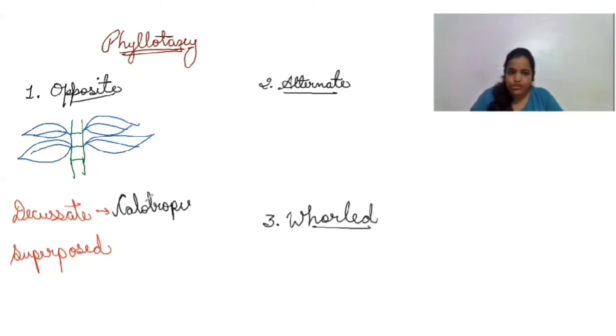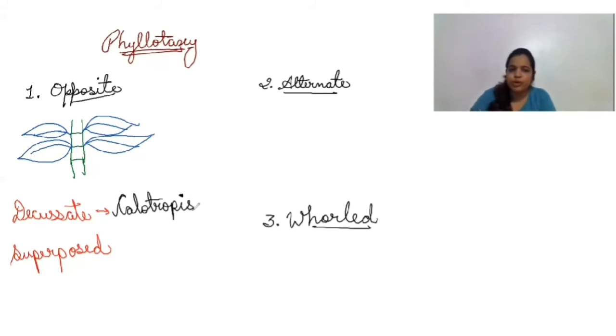What is Calotropis, guys? It is very common for us. We usually see it in our surroundings, growing in the wild. We can say it is a dangerous plant. Even cows don't feed upon it. It is a milkweed plant. When we cut the stem or any part of it, a white milky substance comes out of it. We use its stem for our labs also. So Calotropis is the example of decussate phyllotaxy.